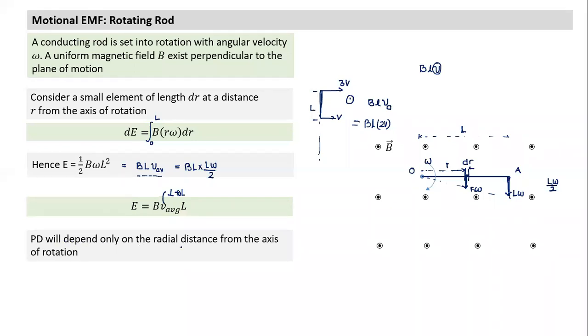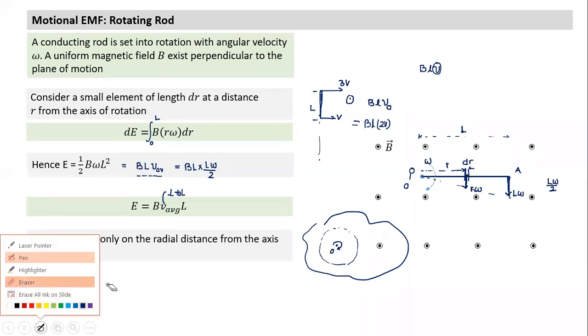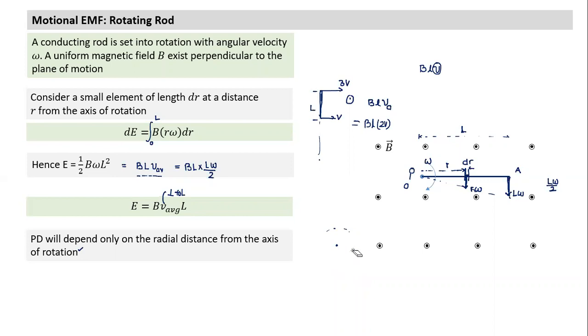Another thing we notice here: the potential difference depends only on the radial distance from the axis of rotation. Is this also easy to understand? If I take the potential at this point as reference 0, then all points, rather than having a rod, suppose I have a metal sheet set into rotation about this axis perpendicular to the plane. Sorry, I'll do it the other way around, a slightly different way. Just a minute. Before I do, this is the case where the rod was in rotation. Let's take a slightly different case.